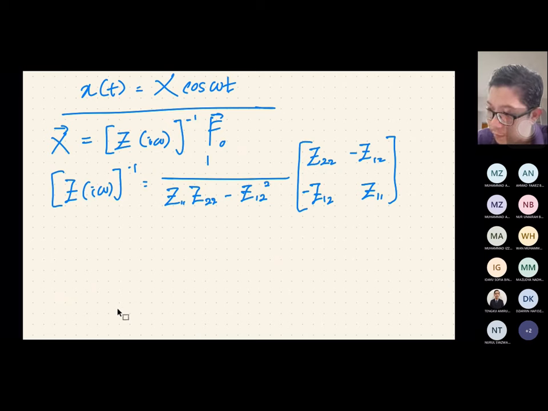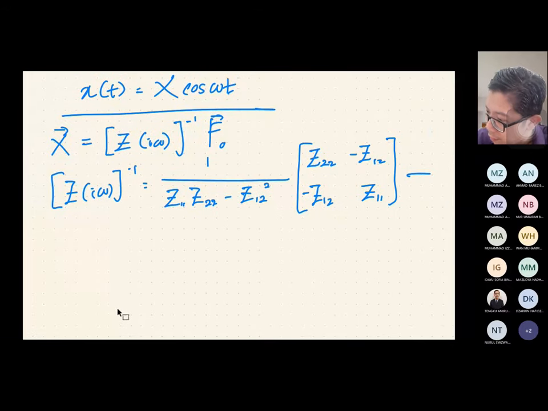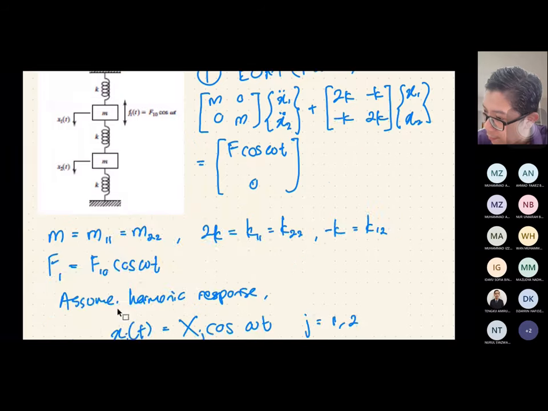So we have this equation, which we can call equation 1 and equation 2. Equation 2 we put into